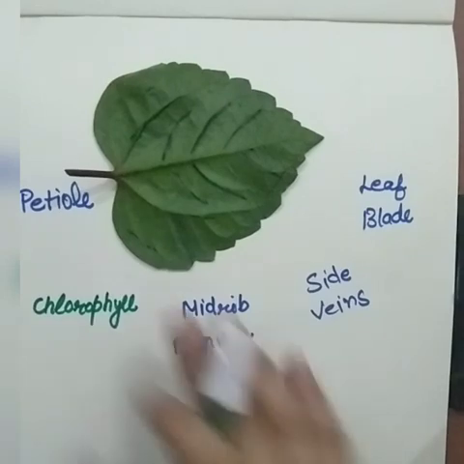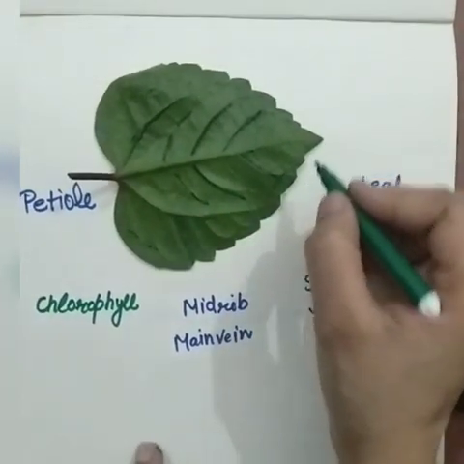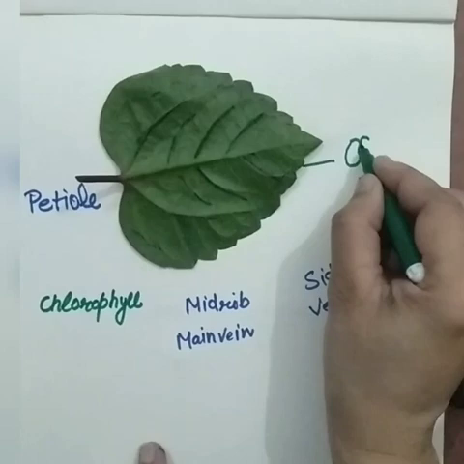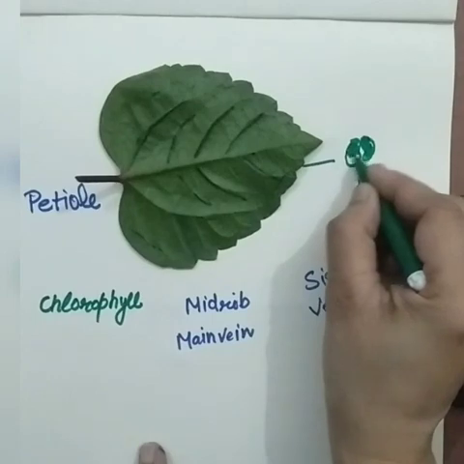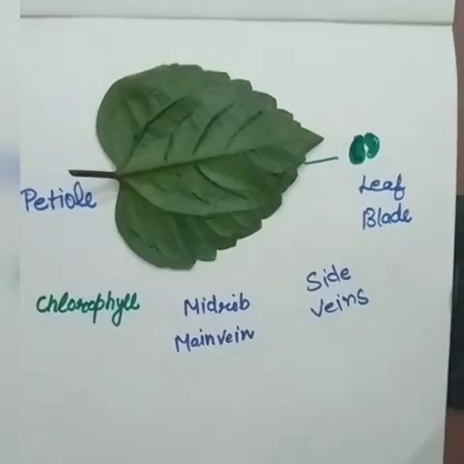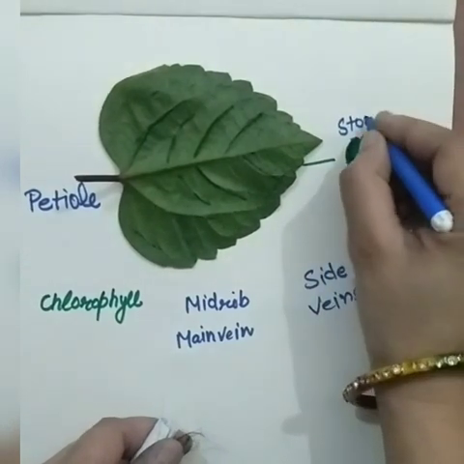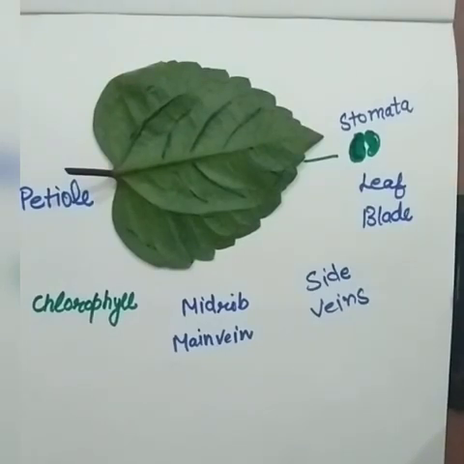You will see the rough side of the leaf. You can see here. On this rough side there are some tiny holes in this way. These are very small that you can't see them with your open eyes. These tiny holes are called stomata. What do we call them? Stomata. In earlier class also we have studied that stomata is the part of plant from which a leaf can breathe, a plant can breathe.